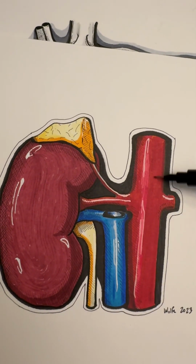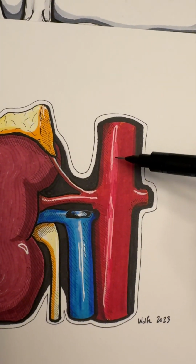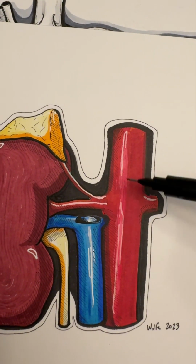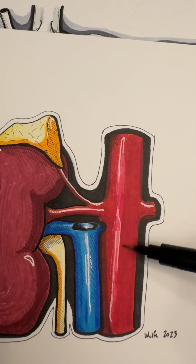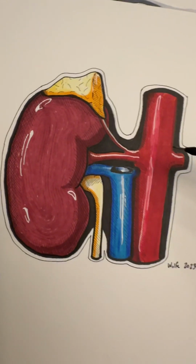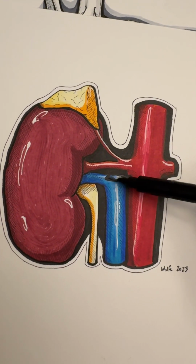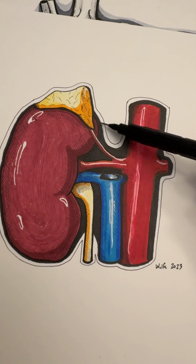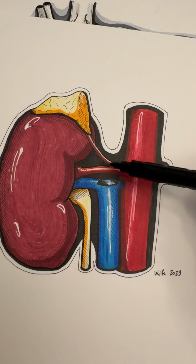This is the abdominal aorta, and I have to give a disclaimer that I have not drawn in the arteries that come off here anteriorly. The celiac trunk comes off here, the superior mesenteric artery comes off here, but for simplicity's sake, I did not include them in this drawing. Inferior vena cava, and I drew it as a cutaway because the inferior vena cava continues this way. And then this is the renal artery. This is the